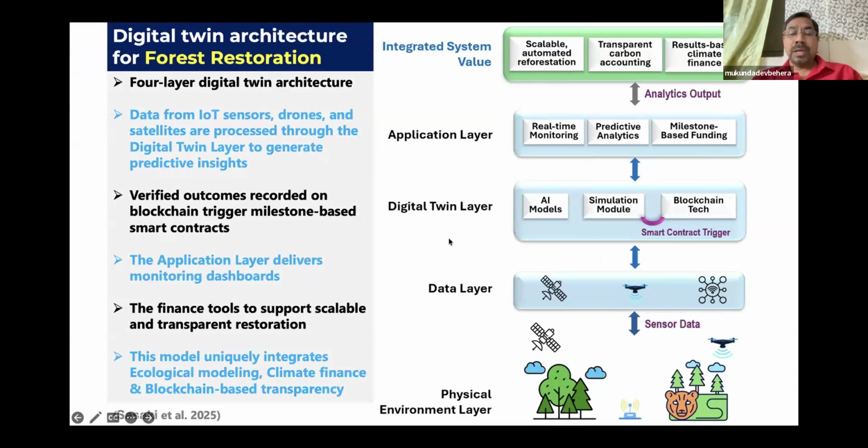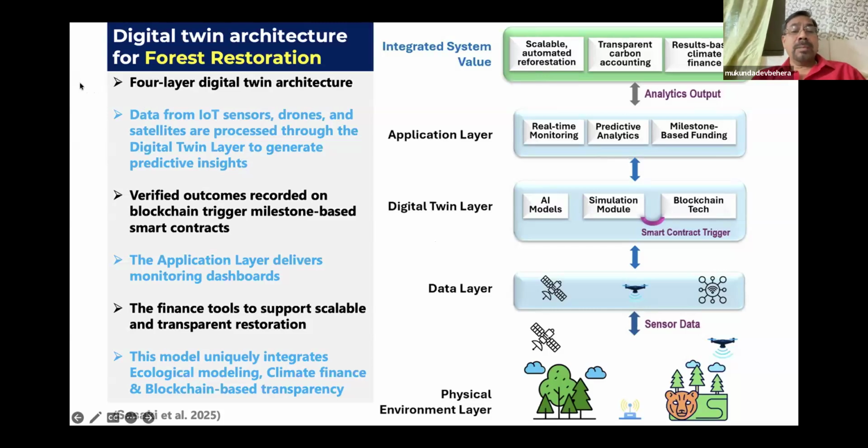So we have the physical environmental layer, the right side figure, lower right side, you can see the physical environment layer. Then the data layer from different devices, drones, and also IoT, and also the satellite. Then digital twin layer, application layer, and also the integrated system